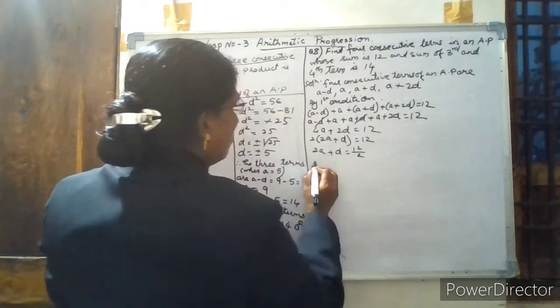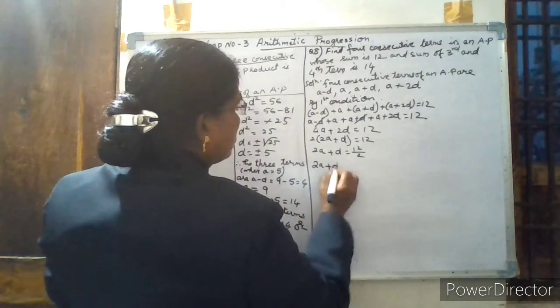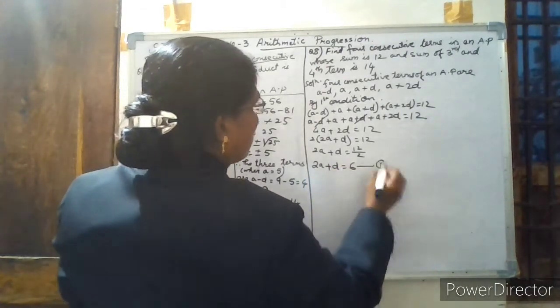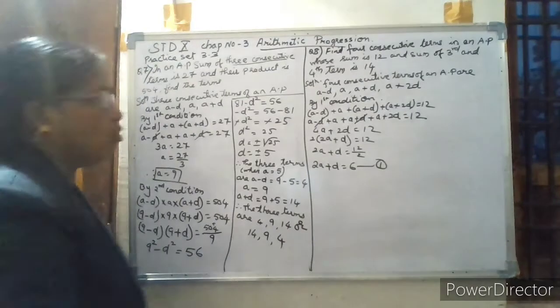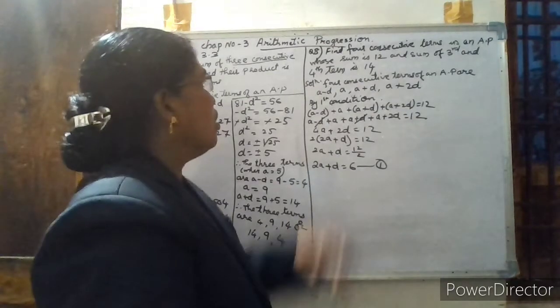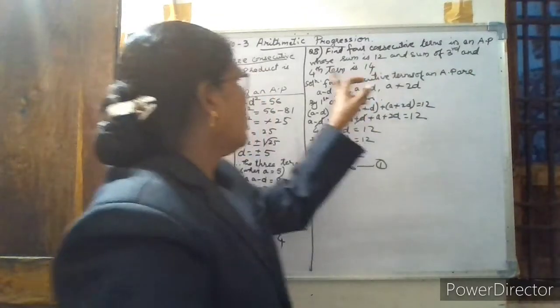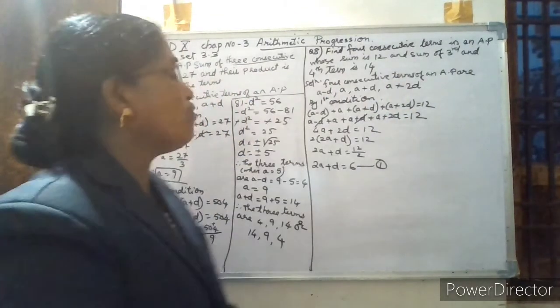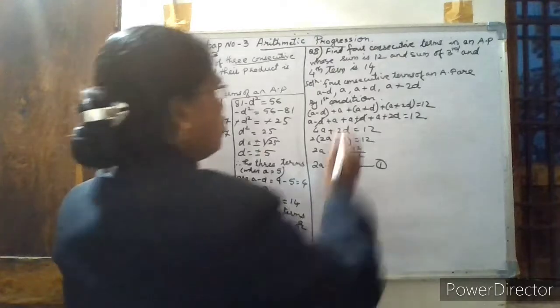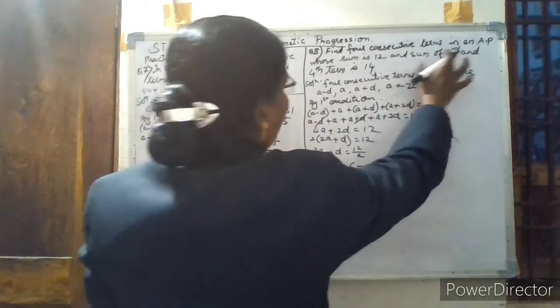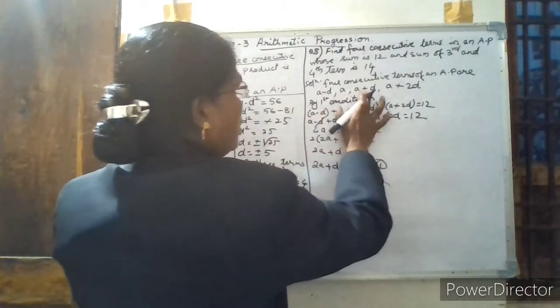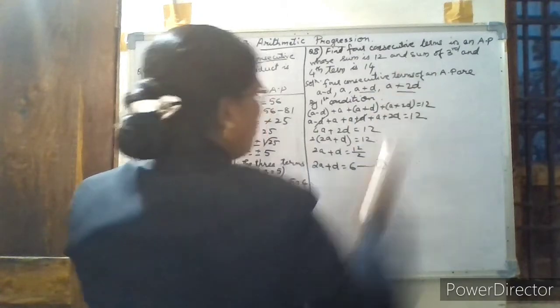So 2a plus d is equal to 6. This is equation 1 we got. Now come to the next condition, that the sum of the third and the fourth term is given as 14. First, second, third: this is the third and this is the fourth one. So by the second condition,